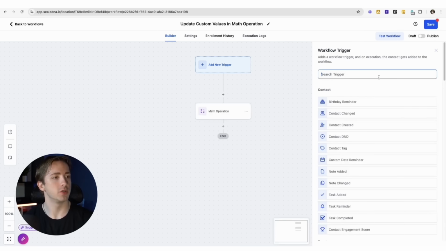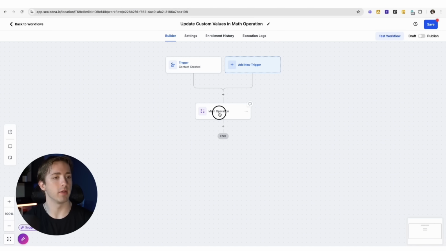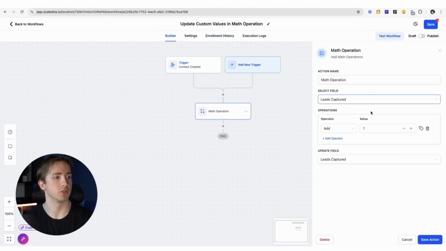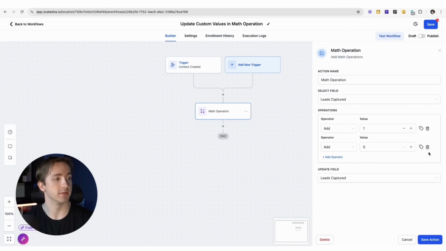Now, for this use case, we're going to take this custom value, which is leads captured, and every time a contact is created, we are going to run this math operation in order to increase that leads captured value. So that's pretty straightforward. But what if we want to add more operations on here? Well, the math operation action has more functionality. We can add more operations to the actual math operation if we want to add, subtract, or divide multiple times. So we want to add 1 and then multiply by 2,